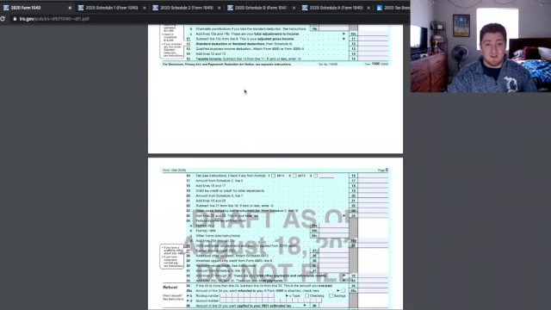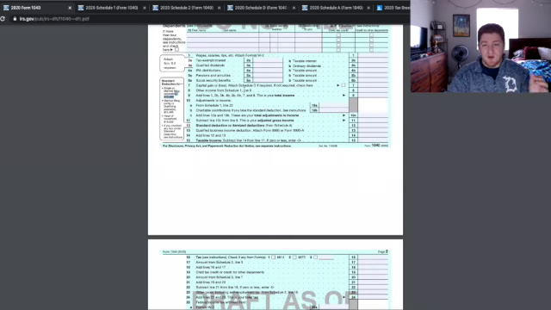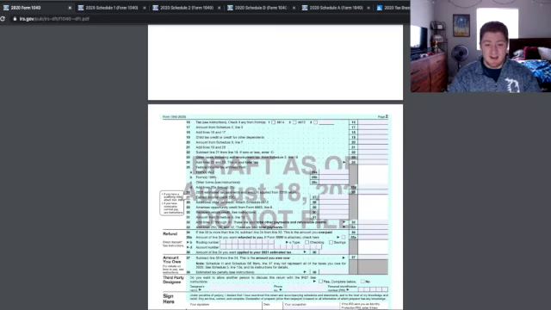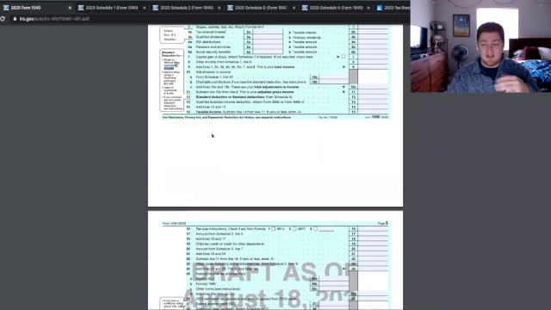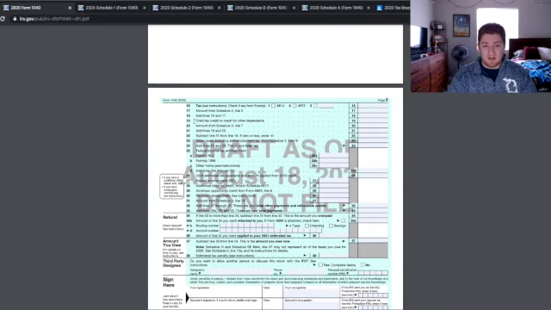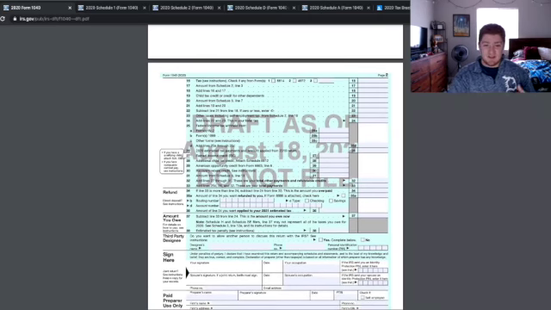Well, everything up here on this first page was just directly lowering the amount that was going to get taxed. So these amounts down here have greater impact on the amount you're going to have to pay to the IRS. Or not a greater amount, but have a direct effect on the amount. Where up here, it is affected by the tax rates. So if we take a look down here, we obviously have like the child tax credit if someone can claim you as a dependent. Down here is where you're going to see like those educational credits being claimed.